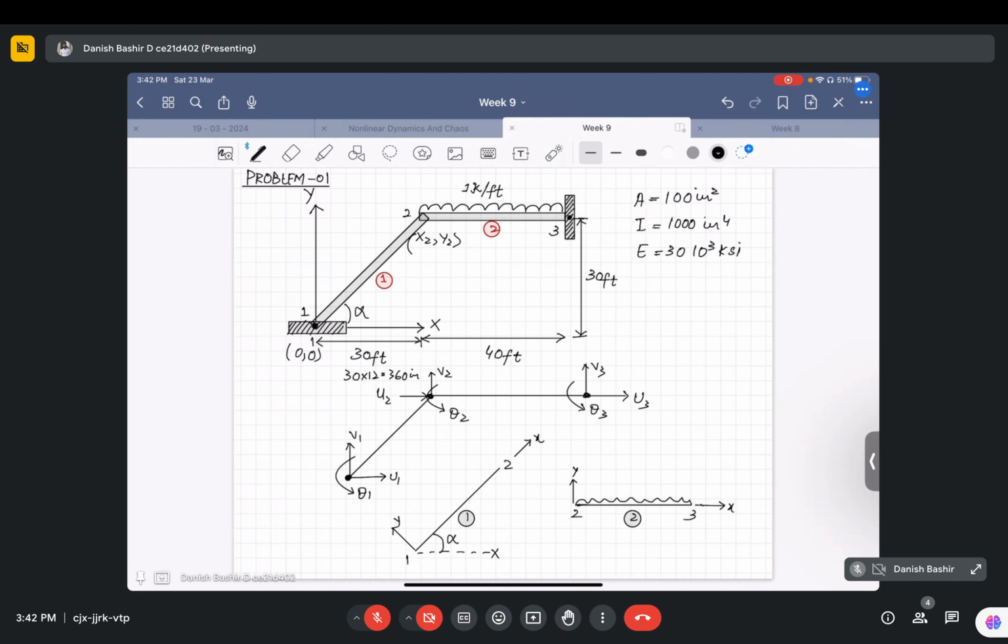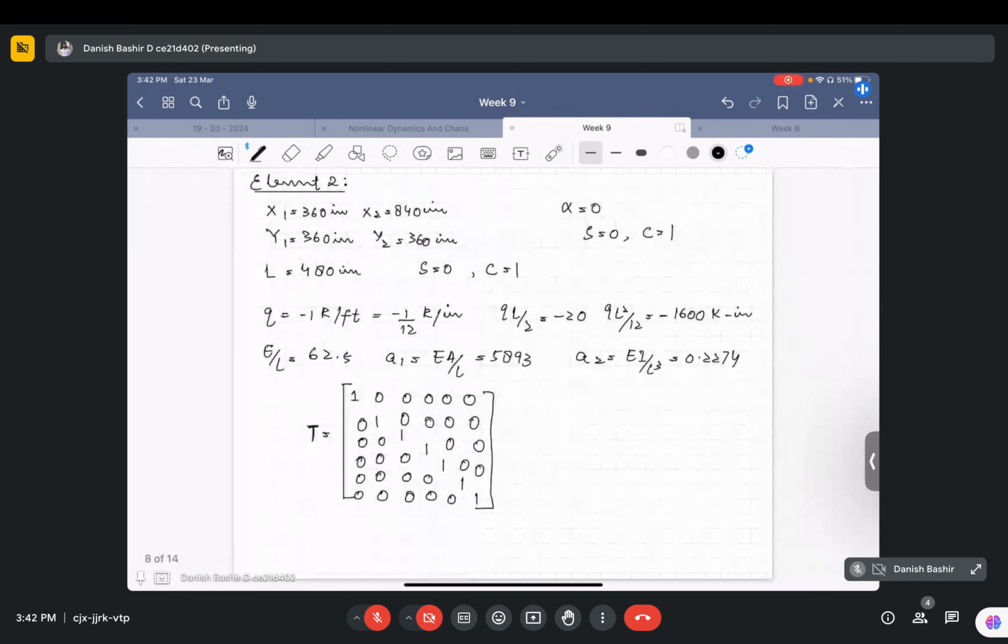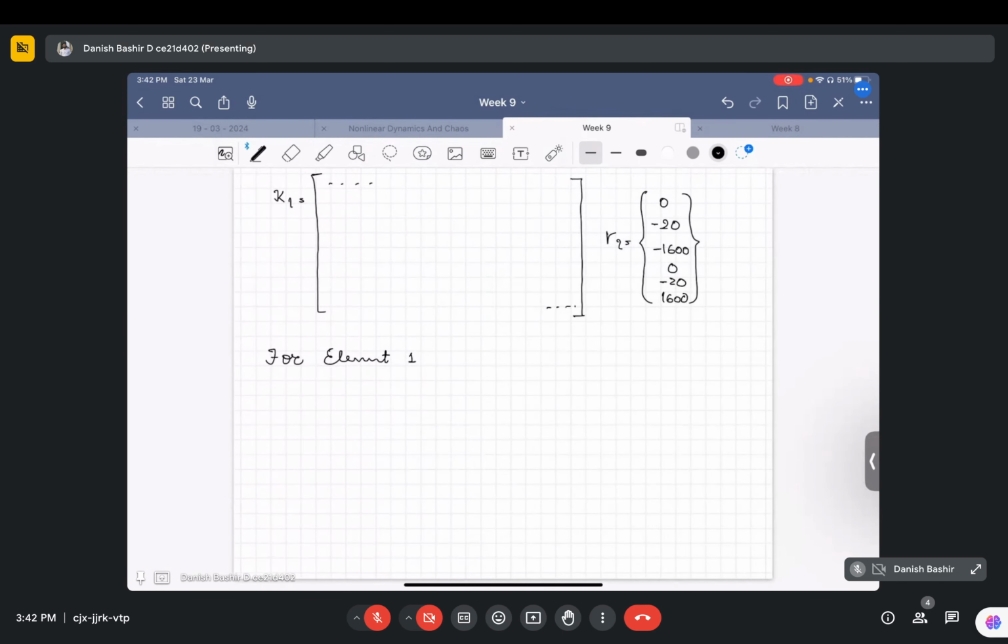So u1, v1, theta 1 are 0, and u3, v3, theta 3 is equal to 0. All the things are equal to 0. So we have u2, v2, theta 2. So for element 1, our equation system will become like this: